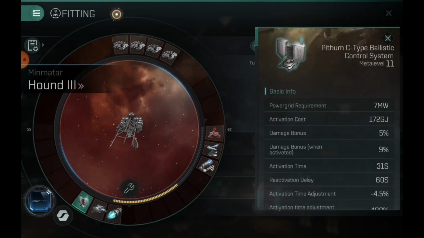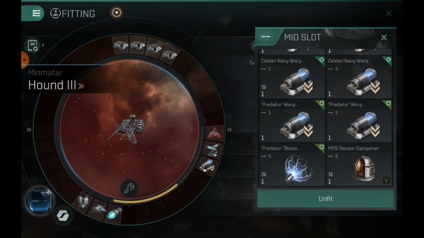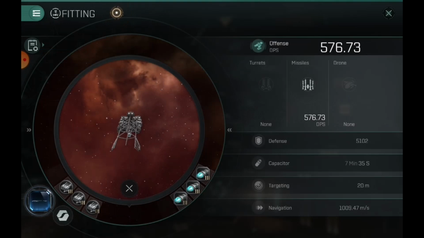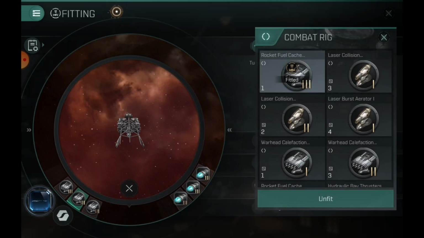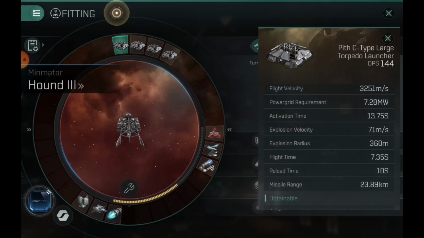Cloaking device, and then this one you 100% want your ballistic control system. You hopefully won't be doing the tanking, but you want all-out DPS. You want to put the work into the ship. Now in my case, I put velocity on this veteran core, but I would change it to a missile DPS, and I would go with 3, maybe 1 ranged or all 3 of them DPS rigs. 2 of the activation times and 1 collision works the best because these large torpedoes have such a